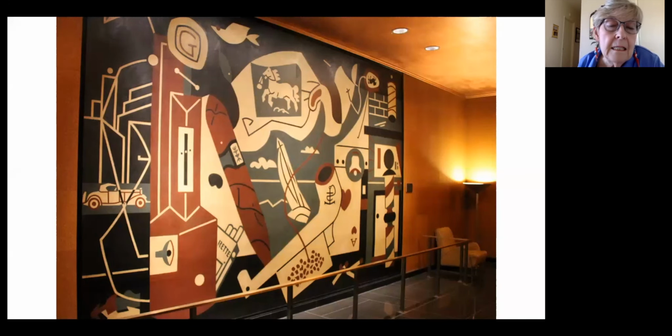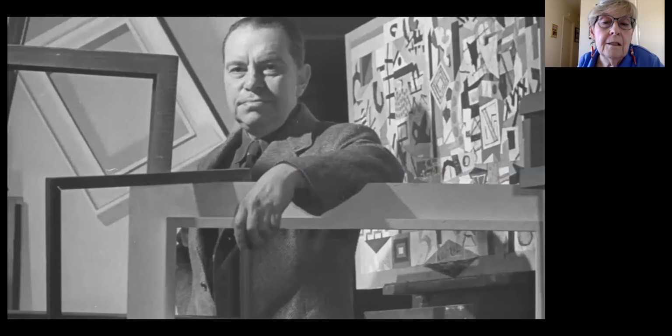Because it needed some restoration, you can imagine the smoke and people had pushed chairs up against this. It was given to the Museum of Modern Art and then lent back to the Rockefeller Center. So I'm not sure where it is now. We're going to get to this, but now we're going to segue into Stuart Davis. Let me see here.